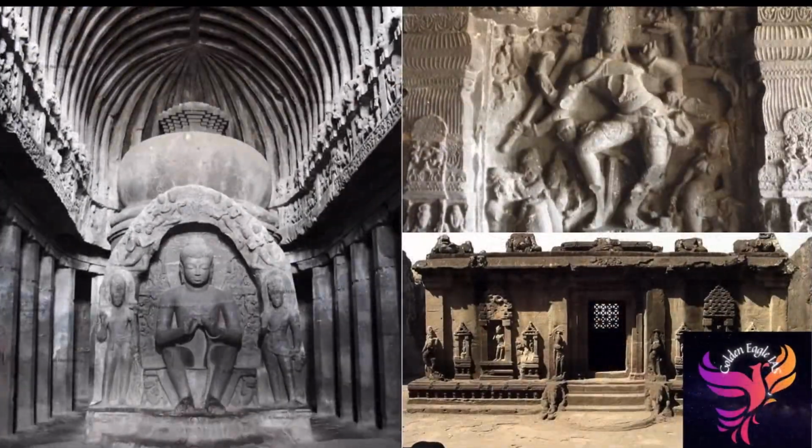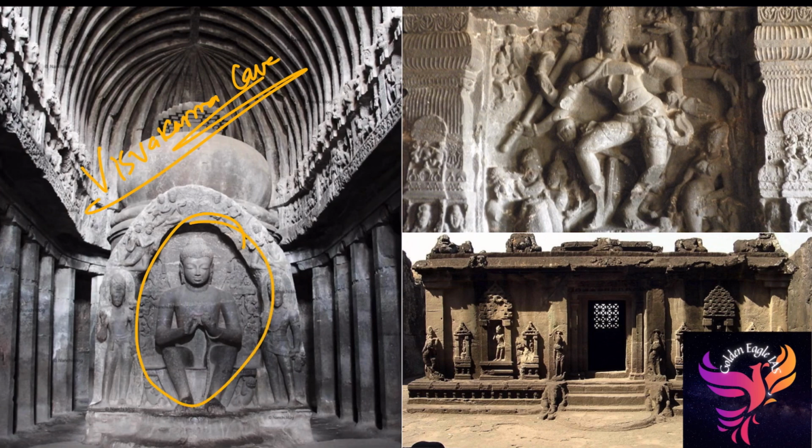If you take these images, the first one was Vishwakarma cave. This Vishwakarma cave shows a Buddha idol. It is also called the Carpenter cave. In this Buddha idol, Buddha was seated holding a mudra called Vyakhyana mudra, surrounded with the Bodhi tree. It is a Chaitya hall. Chaitya, I already told you, is a chanting, prayer hall.